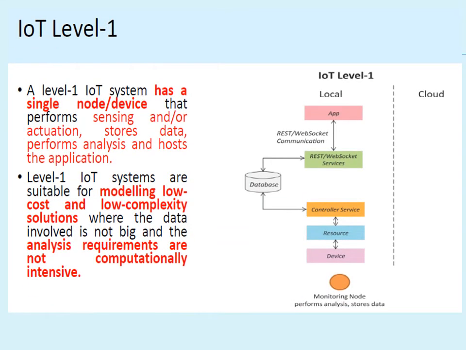At this level we are going with the local app. We are using the local app and whatever data we have received over here can be stored in the database or in the cloud also. Here the only node that performs the activating and sensing and storing will store the device data of the local app. Whatever the user data is can be stored over here, all can be analyzed and stored in the cloud also, either in a database or in